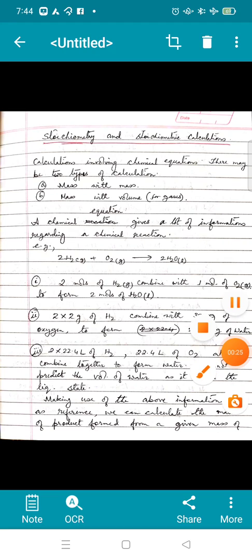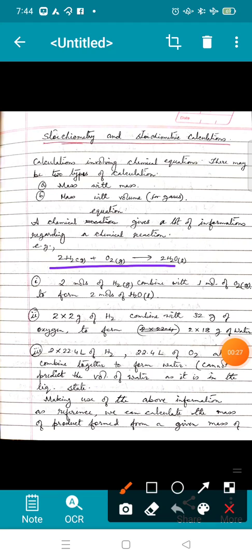Let us take the example of hydrogen and oxygen giving us water. Now when we balance the equation, we can understand that 2 moles of hydrogen combine with 1 mole of oxygen to give us 2 moles of water. We also understand that 4 grams of hydrogen combine with 32 grams of oxygen to form 2 into 18 grams